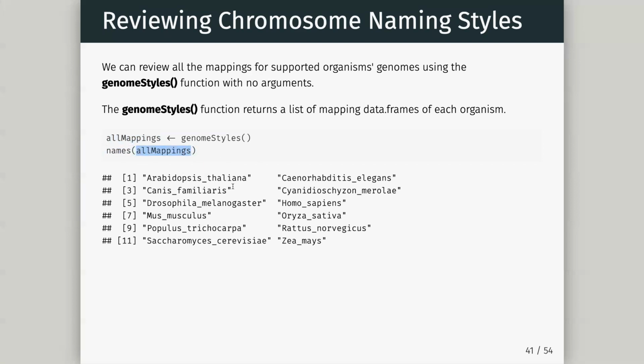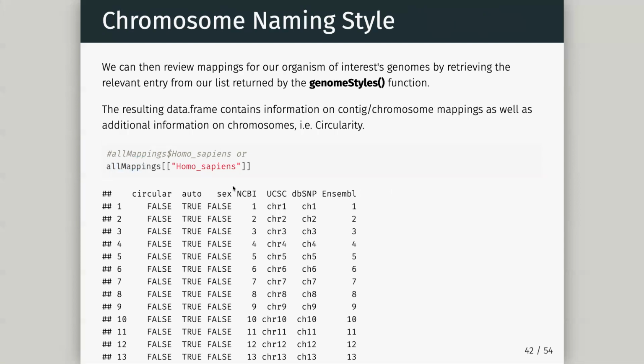These mappings are available to us. If we go into the list and look at what is contained here for the Homo sapiens human genome, we can see it really is just a data frame containing those mappings. It tells us whether or not the chromosome is circular, which is important for things like mitochondria. I can't remember what the auto means, whether it's a sex chromosome,